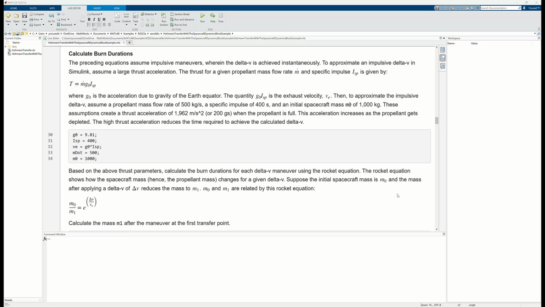Now that we have the specifications of the maneuver and the time in the mission they are to be performed at, we can begin computing the burn duration required to obtain the given delta V. To do this, we will assign the following thrust parameters to the thrusters on the satellite. It is important to note that while we are treating the thrust maneuver as non-instantaneous, we use relatively large thrust parameters here to approximate the burn as nearly impulsive.